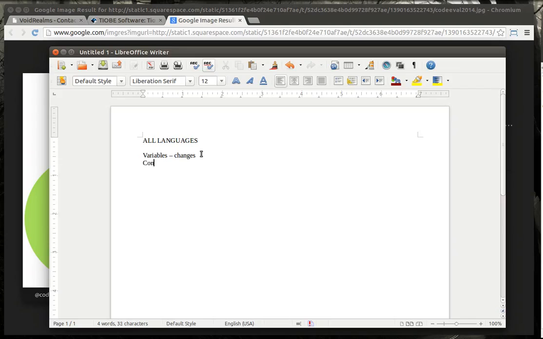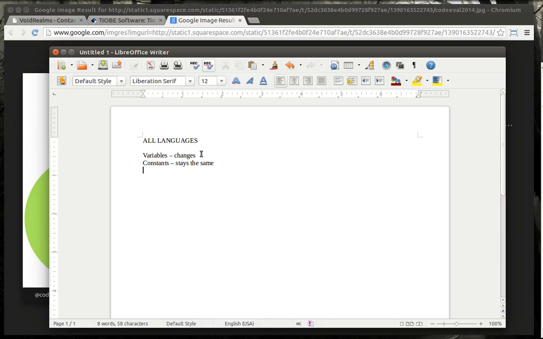Another thing they all have in common is constants. What is a constant? Well, it's another scientific term. It means stays the same. Like a radioactive state of decay is a constant. My gender is a constant, at least I hope it's a constant. I don't want to magically turn into a woman. Although I know some species of frogs will change genders, so gender's probably not a good example. Let's just stick with radioactive decay.